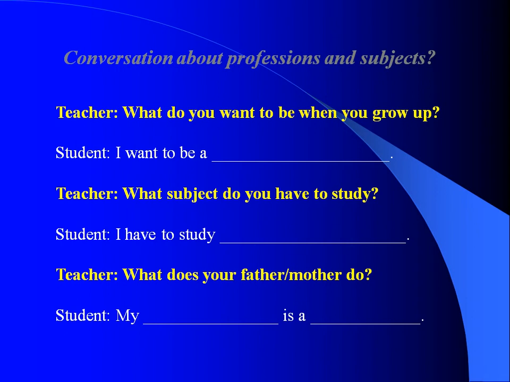And the yellow part is for the teacher. The first question, which is, what do you want to be when you grow up? And the students obviously have to answer, I want to be a, and go back to the flashcards. But by this time, they already know what WH questions are. They already know what the verb to be